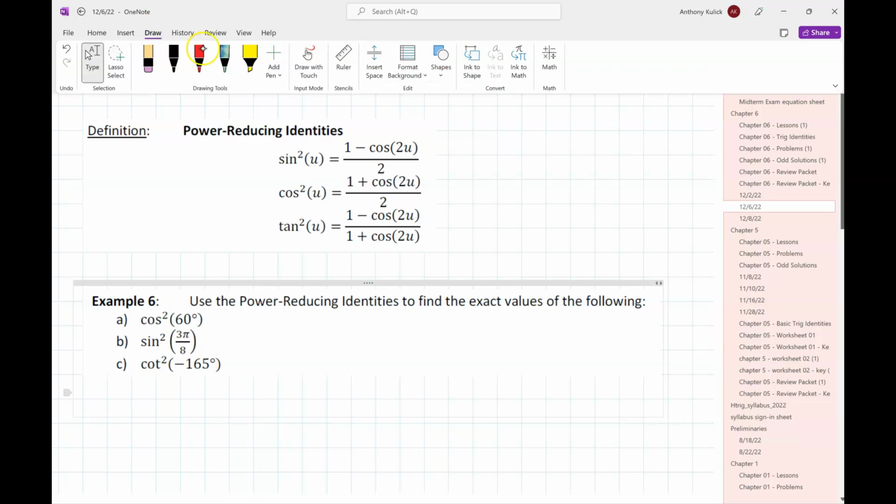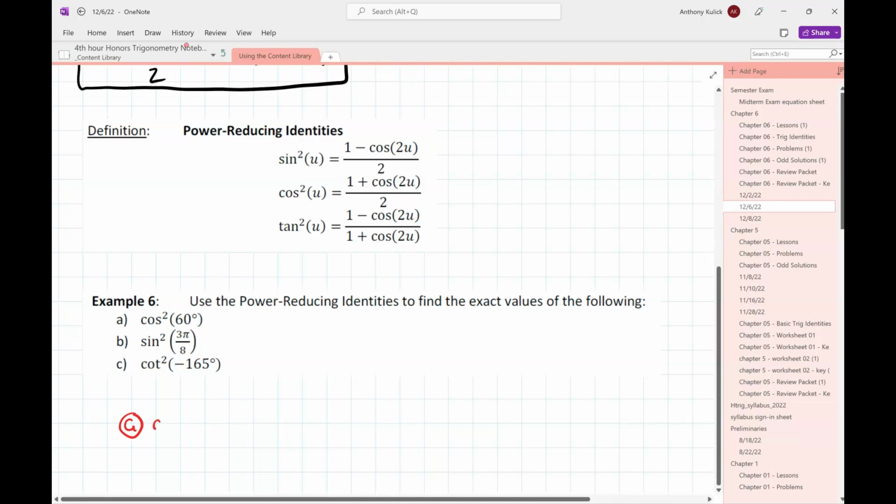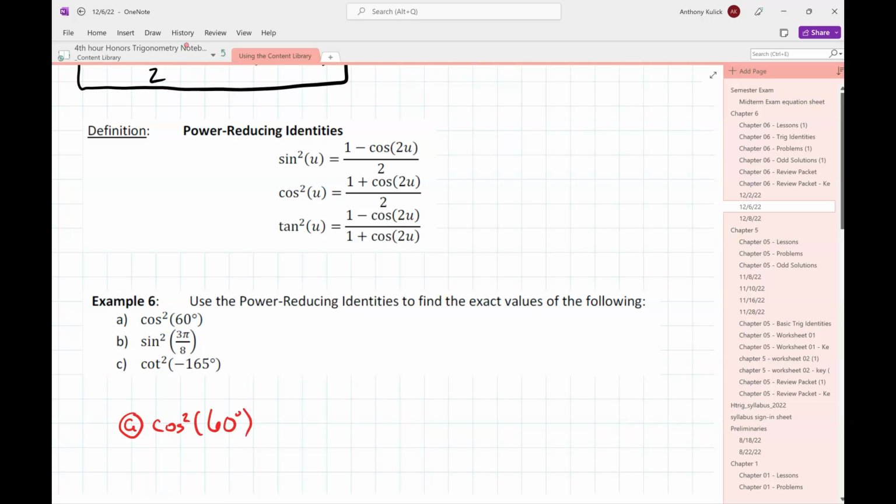So if I wanted to do cosine squared of 60 degrees, I can use my power reducing identity above to write this as 1 plus cosine of 2 times 60 degrees over 2. Well, 2 times 60 is 120. And